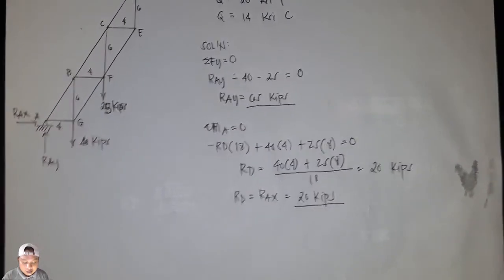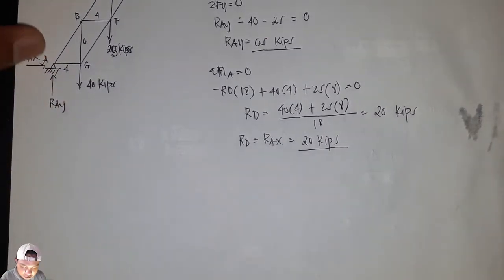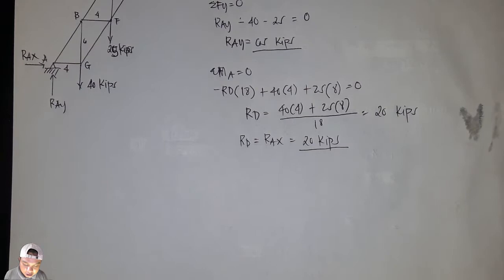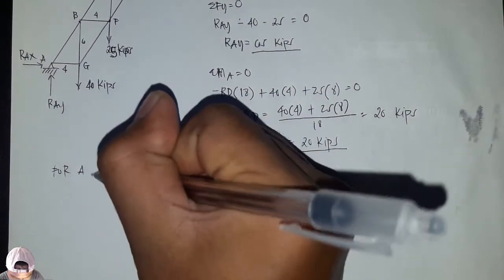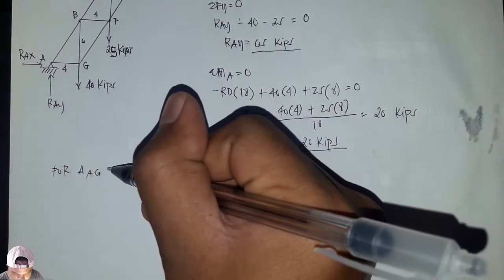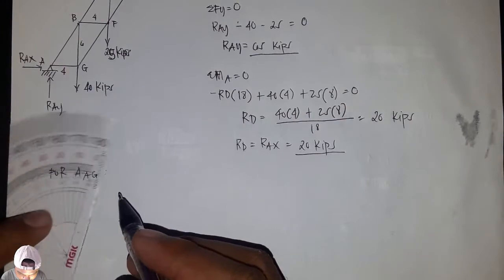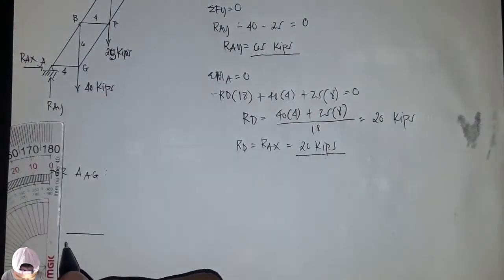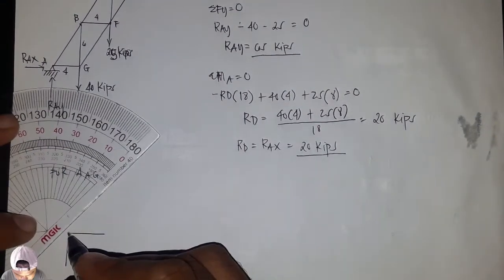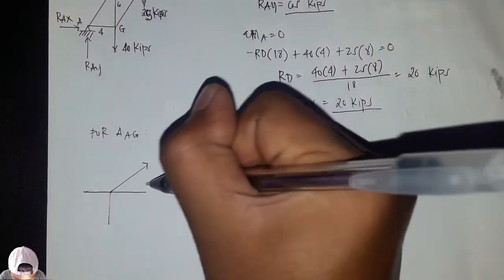Yung approach ko dito is joint method, joint A. So for area AG, joint method, meron akong ganito. Ganyan. And, may ganyan pa pala. Ayan, meron akong